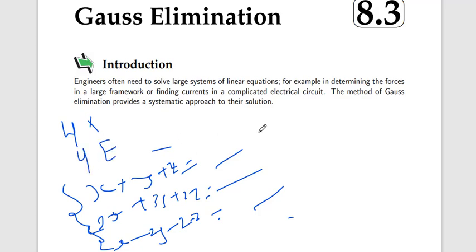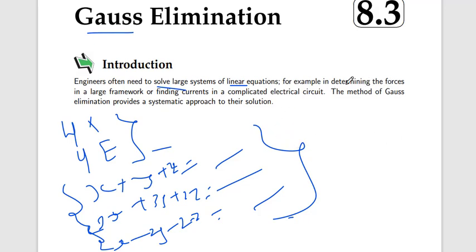So how do we solve these types of linear equations? If we use the Gauss elimination matrix method, we can easily solve these large linear equations. The Gauss elimination method is used to solve a large system of linear equations: three unknowns and three equations, four unknowns and four equations.